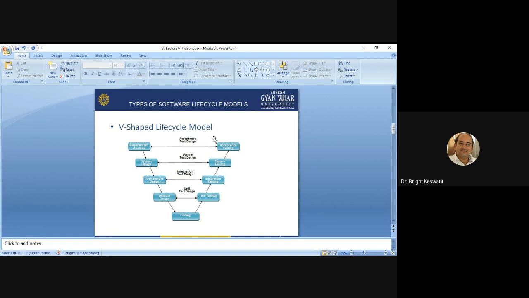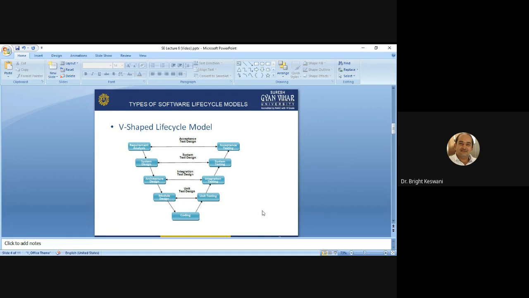You can see this phenomenon here. So this testing will ensure the quality of the software. Okay, so definitely you can get satisfied users through adoption of this V-shaped model. There is a single limitation of this model.